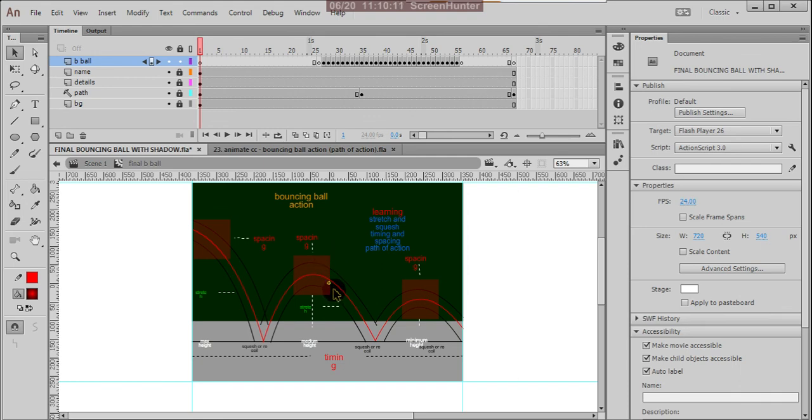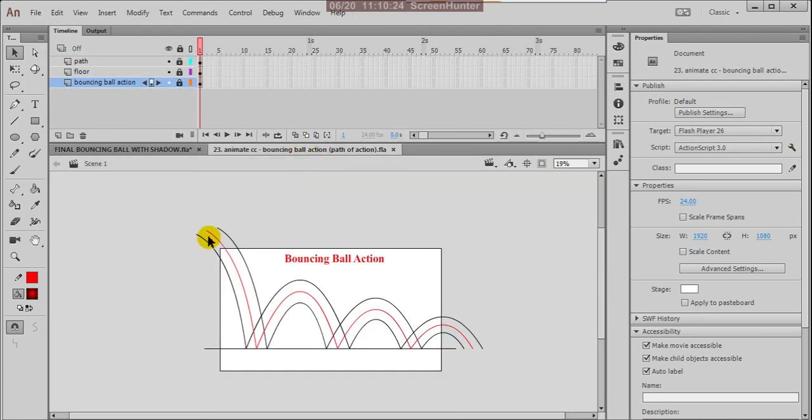Yes, now we have to place the balls. The placing of balls will take more time. So next lesson I'll explain how to place balls and edge spacing, okay, and adding shadows and all. So first you also have to understand this assignment and prepare your own path for the bouncing ball action. Okay. Right.